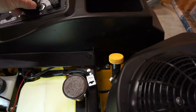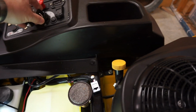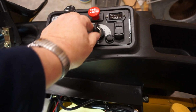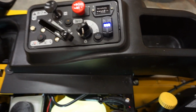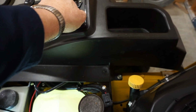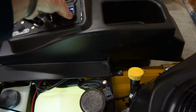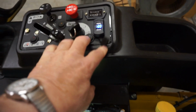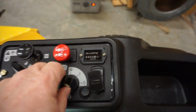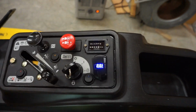It's been a while since that key's been in and turned on, other than to test that new quartz. So there is the Doug Creamer inspired voltmeter that has 2 USB ports in it. Pretty neat, huh? And oh, by the way, the quartz